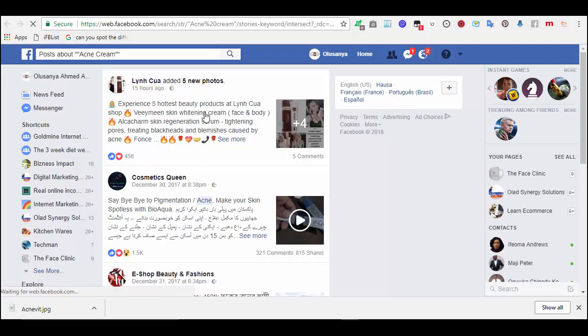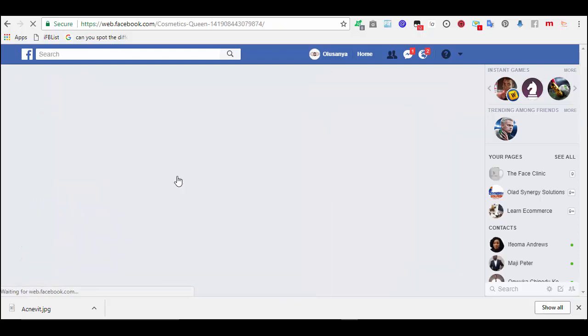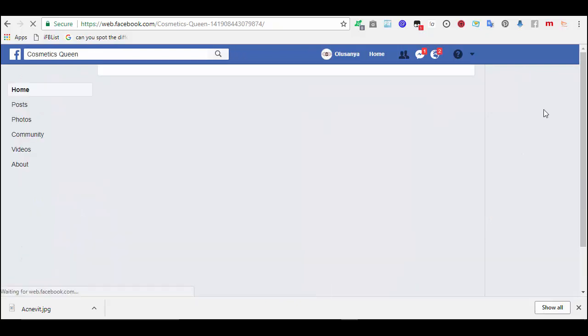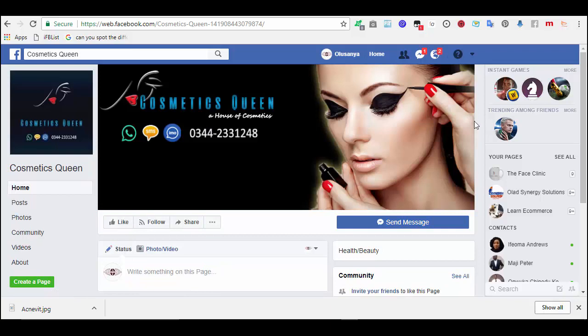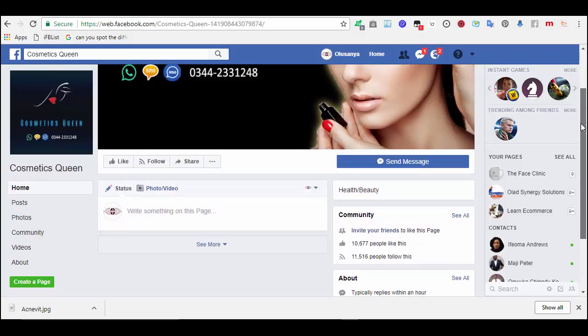Beauty products are this. So can you see this acne cream? So bio, let's see this cosmetics cream. So this is what I call page backing. You want to explore what your competitors are selling.